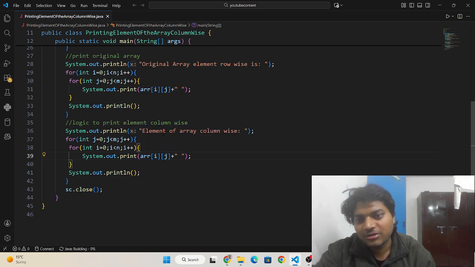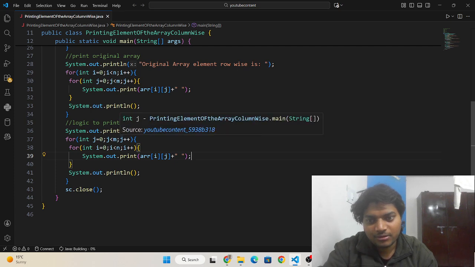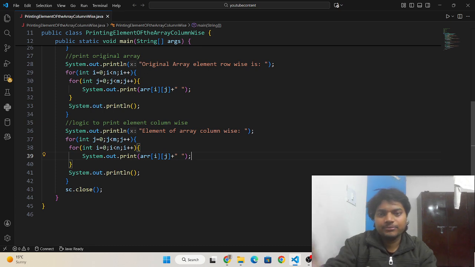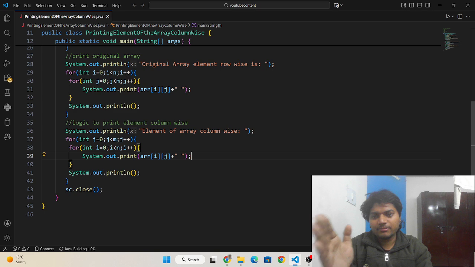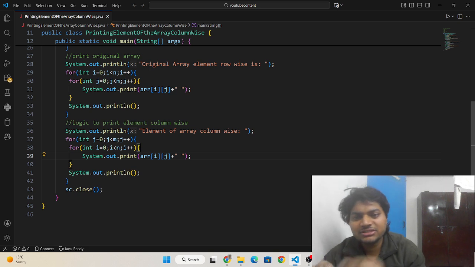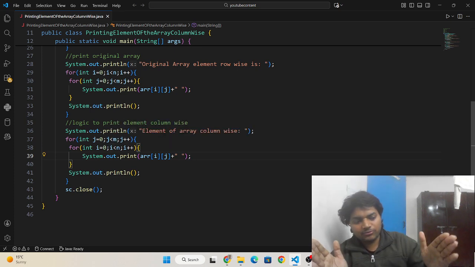We need to print the first column from 0 to m, which means less than m. So m minus 1 elements we print in the first traversal, and in the second traversal we print the second column, in the third the third column, like this.